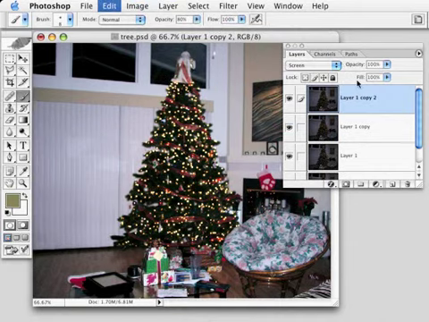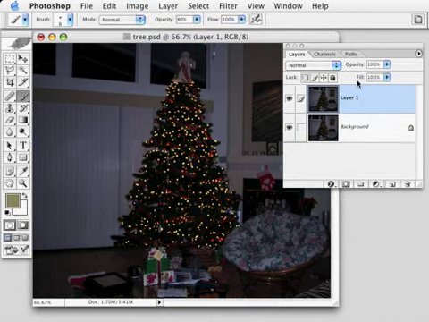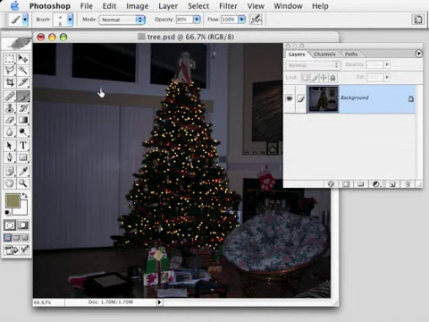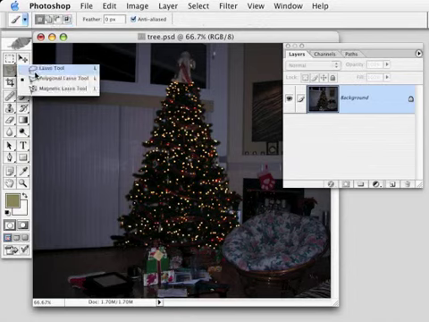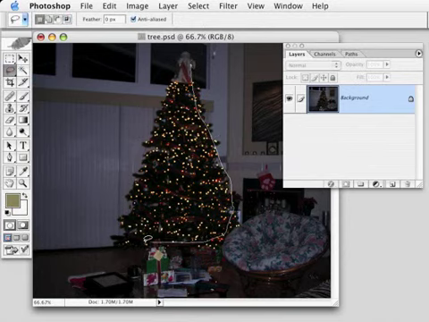Now, the beauty of this technique is it works, of course, not only for the entire image as we did here, but you could also do it in just a rough selection. So, for example, I want to keep the tree just as it is. So I'm going to do a very, as you can see, and will agree to, this is a very rough